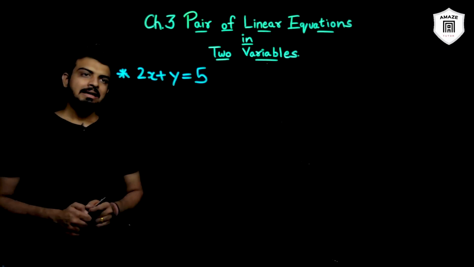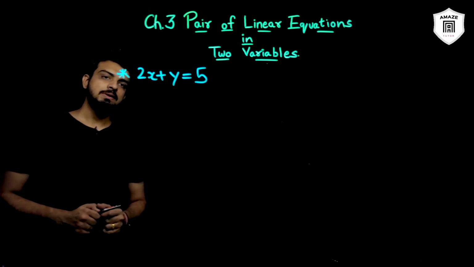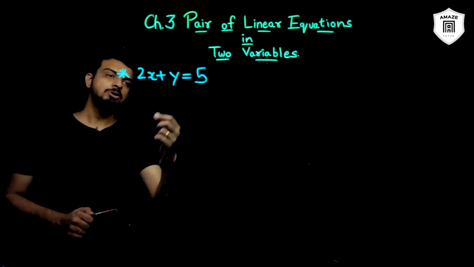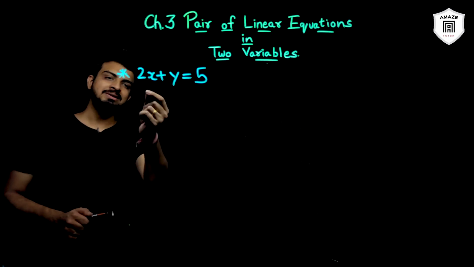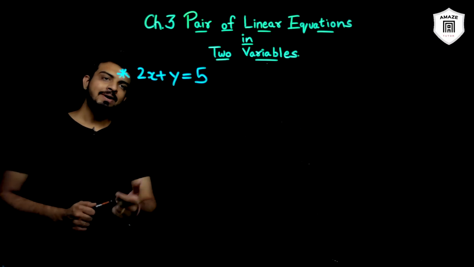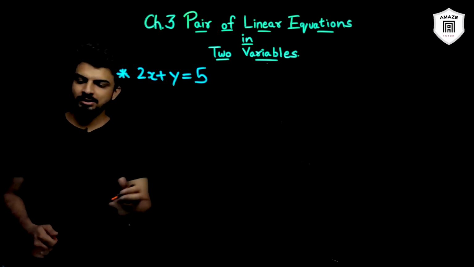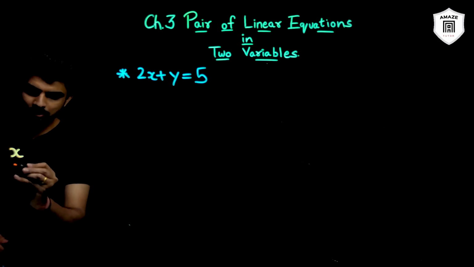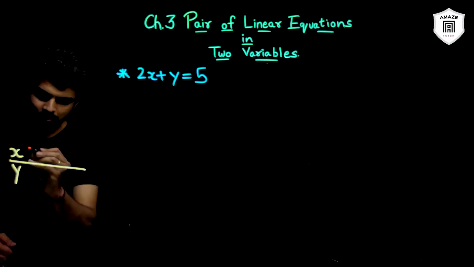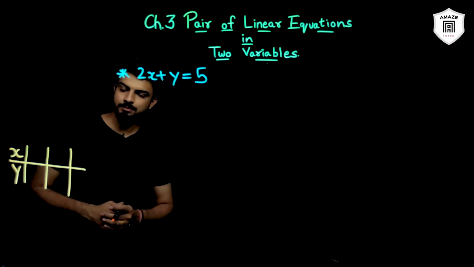So now let's say we are having this example of a linear equation in two variables, that is 2x plus y equals 5, where the two variables are x and y. Now what are the values of x and y which I can take to satisfy this equation? Let's see. I'm making a table here